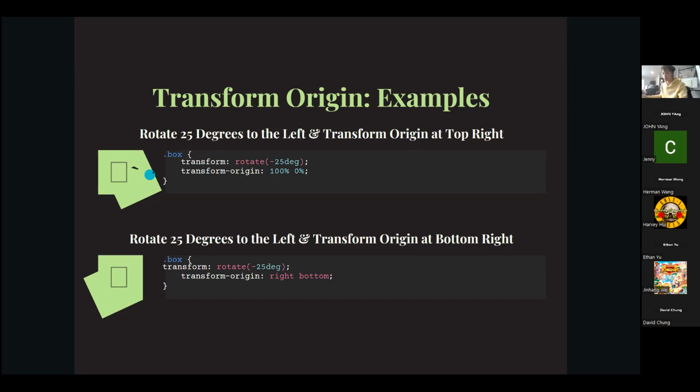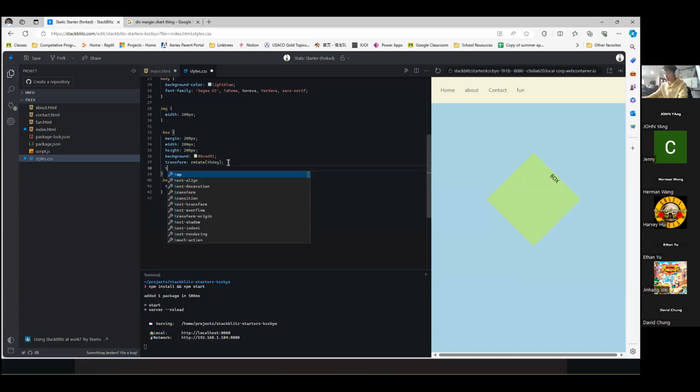As you can see here, there's a little visual of that. It's rotating around the corner. And then here we have right and bottom, where right is going to be completely to the right, and bottom. So you're going to have bottom right, and it rotates negative 25 degrees along that. So we can try doing that right now. Right now I have it rotating around the center with the 45-degree thing, but if we add transform origin and set it to 0, 0,